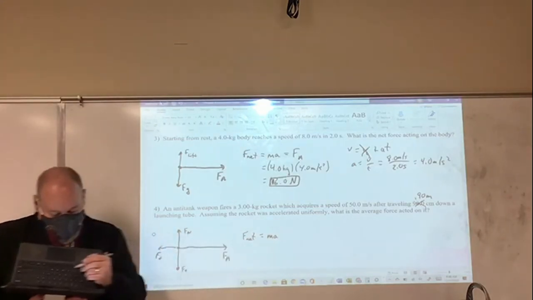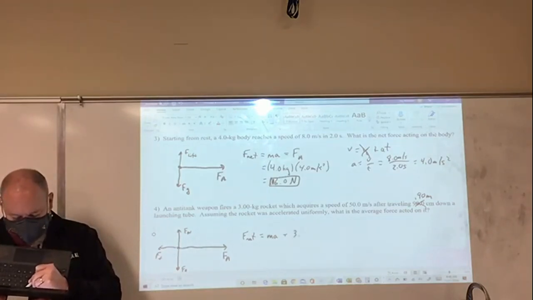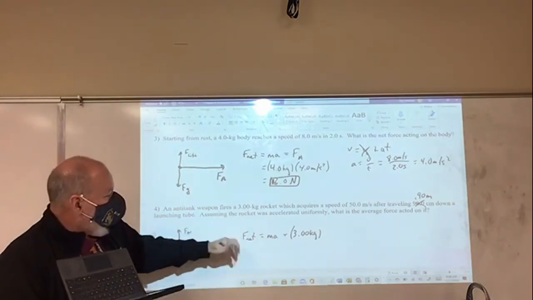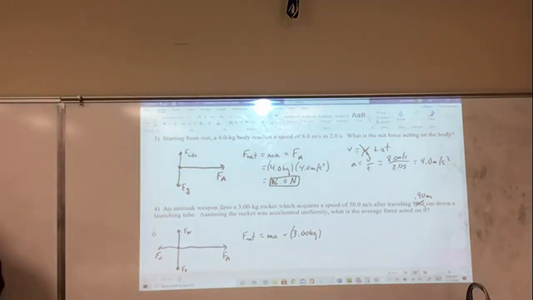Let's just say F net equals ma equals 3 kilograms times a. By the way, we need to find out what the acceleration is. And when you figure out, I need to find out what the acceleration is, your first question is, do I have time? And I don't have time. So I'm going to say v squared equals v0 squared plus 2a times x minus x0. And that drops out because there's no initial velocity, and that drops out because there's no initial position. And so a equals v squared divided by 2x